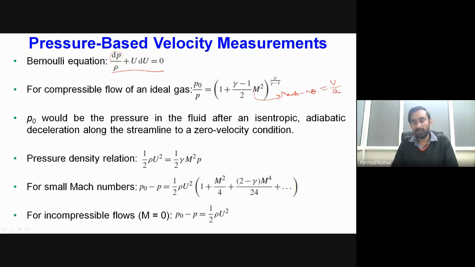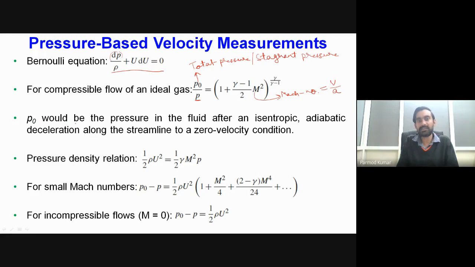Okay, so this particular relationship is nothing but in between the upstream pressure of the fluid, and this P naught term is particularly known as the total pressure, or I should say the stagnant pressure of the fluid medium. Okay, so this is known as total pressure or stagnant pressure, or stagnation pressure. So what basically does this P naught represent?